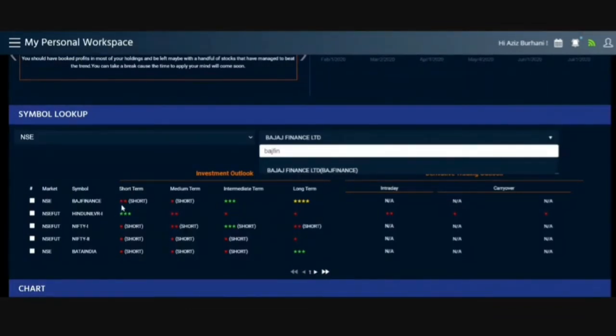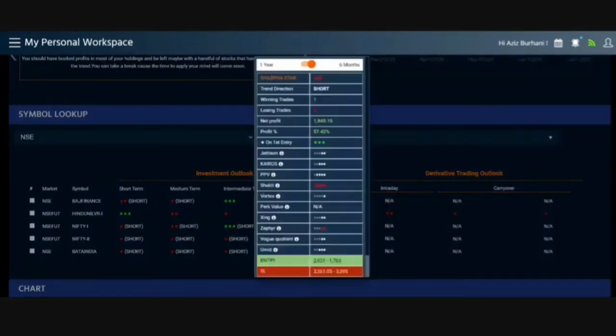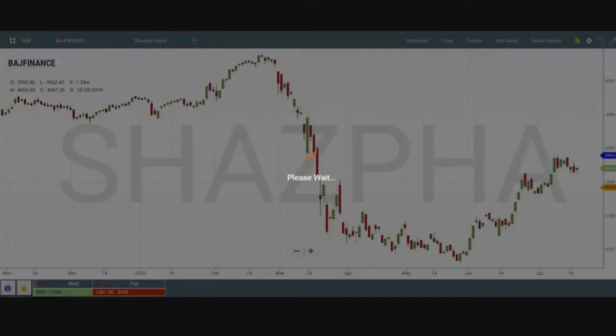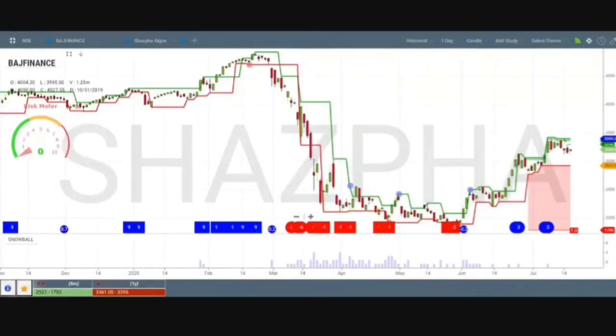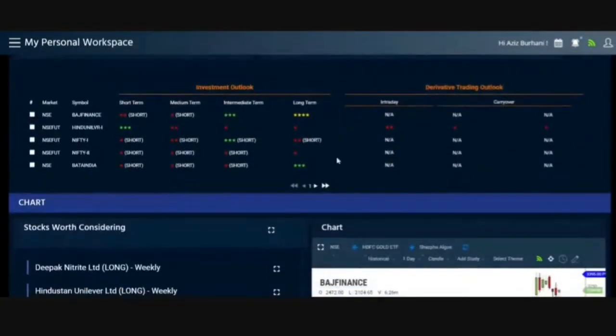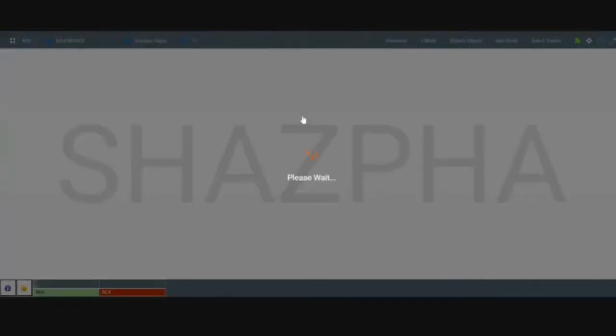Okay, you go to the star rating. You will see this hand symbol. A single click will take you to the star rate. It will open the star rate for you to see. And a double click will open the chart. So if I double click here, this is the Bajaj Finance chart. So if you can see why it is showing short for a short-term trader, vis-a-vis a long-term investor. You just double click and the chart will open.